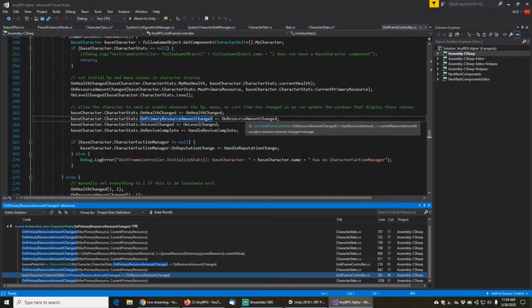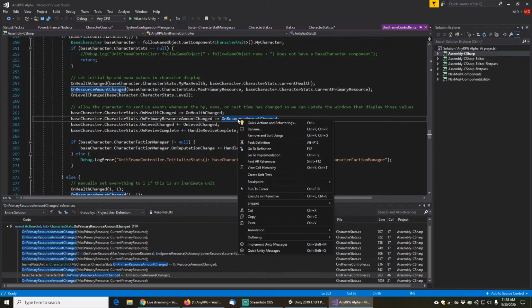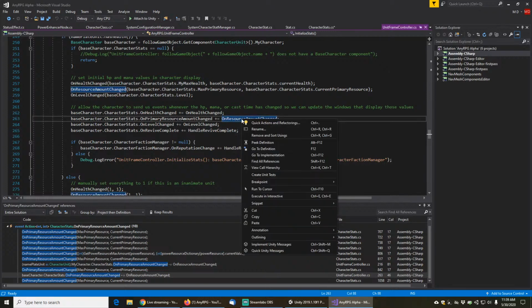Okay, this makes sense because when we've got a character selected and we're watching it with a unit frame, our unit frame controller needs to update their bars whenever their amounts change. So let's just go see how we're handling this. If we go to the definition of on resource amount changed,